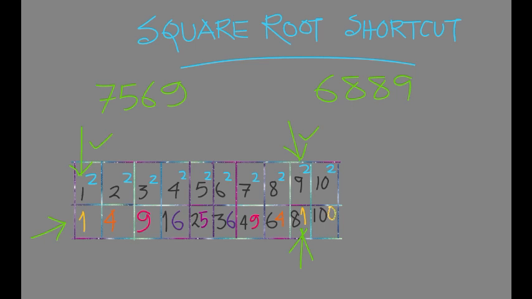Similarly, if the last digit of the square number has 4, for example here and also here, then the unit place of the square root can have either 2 or 8. Similarly, if you see for 9, then the unit place of the square root will have 3 or 7. For 5 will be 5 only. For 6 you can see it can be 4 also, it can be 6 also. However, this 0 is lucky, it will be 0 ending.